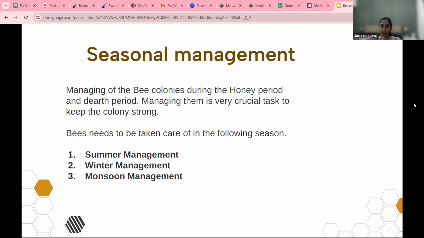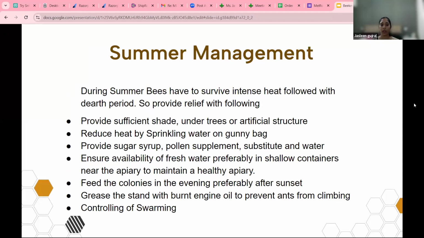which need to be thoroughly taken care of during those times. So first is the summer management, second is the winter, third is the monsoon. Now the summer management is basically done because it's a dearth period. So in order to make them survive during the intense heat, you need to follow these particular